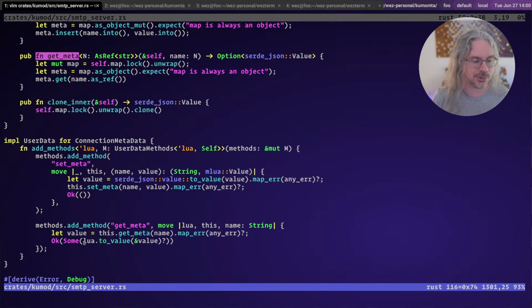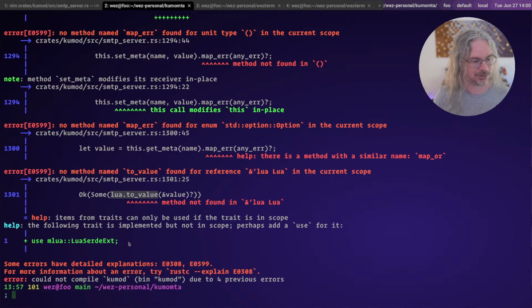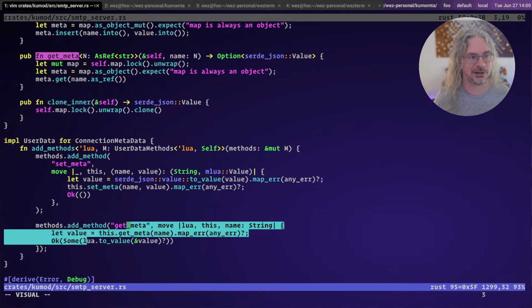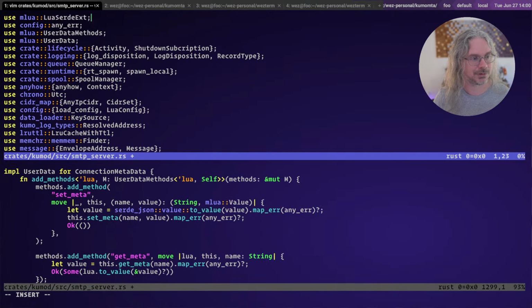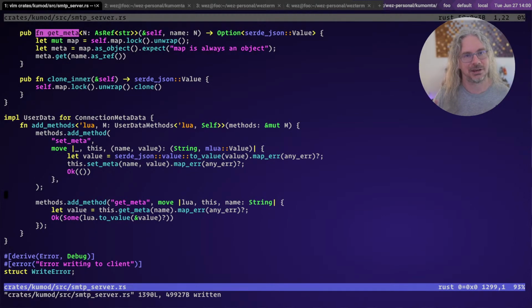So this Lua.to value is a method that is implemented on the Lua context, but it's implemented as a trait, this Lua ext trait, which is what it's complaining about down here in green. So in order to call that toValue method, we need that trait. But that's the one that does that heavy lifting, so we don't need to do all that extra boilerplate. Not boilerplate, all those extra meta method implementations. It has a bunch of those, and we're happy with that trade-off. So now